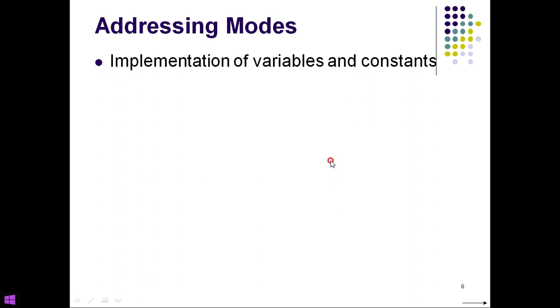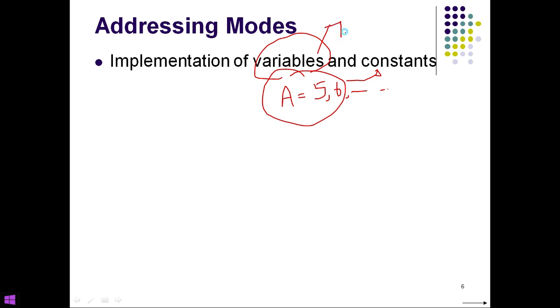Say for example, I have a variable A, and this variable will have some value, say 5. Sometimes this value 5 is fixed. If it is fixed, then we call it a constant. If it is varying, then we say it is a variable A which is holding the value 5. After increment it may become 6, then something else, and so on. These variables and constants have two methods of storage. Either we store them in registers, which I am writing as R, or we store them in memory locations, which I am writing as M.